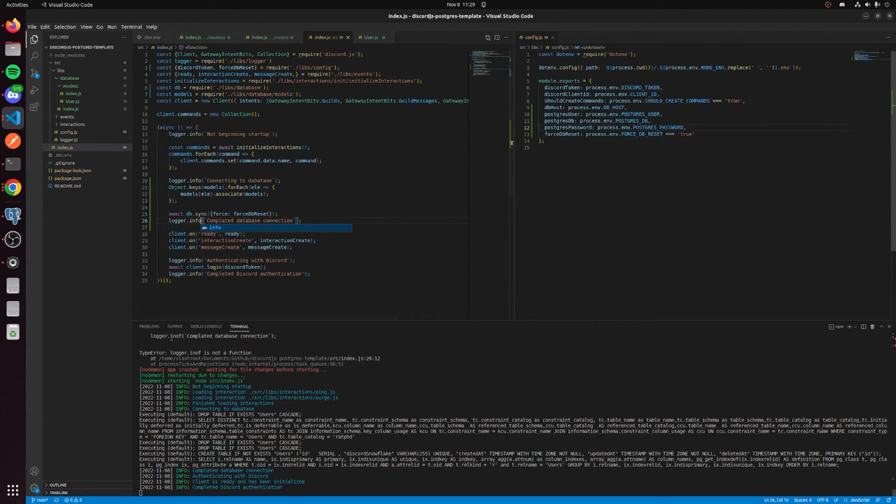Okay. So you're going to see here, it says connecting to database. You see all this SQL stuff that logs and completed database connection. So right now we have a working SQL connection inside of our Discord bot. You can see the stuff logged here. So as you can see here, it's dropping tables and it's creating a table called users, and it has the